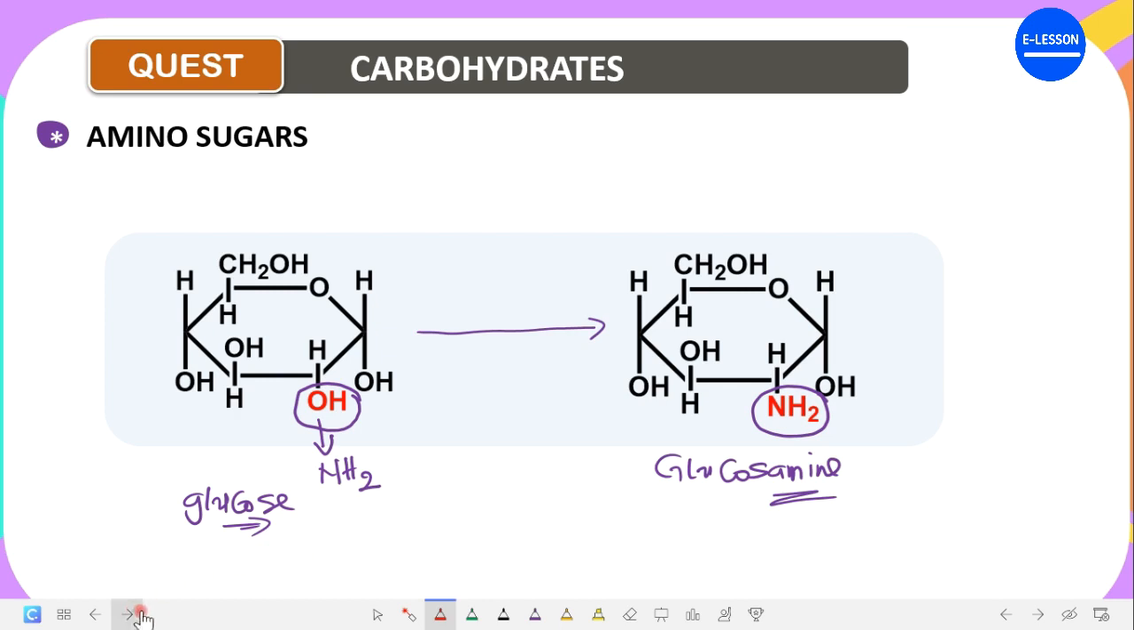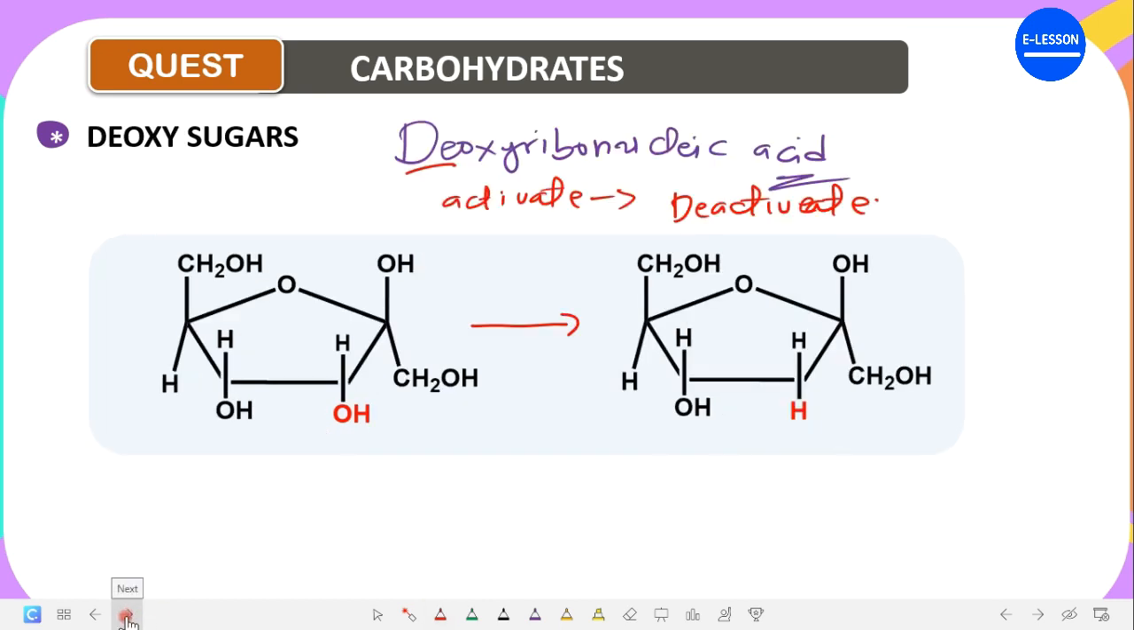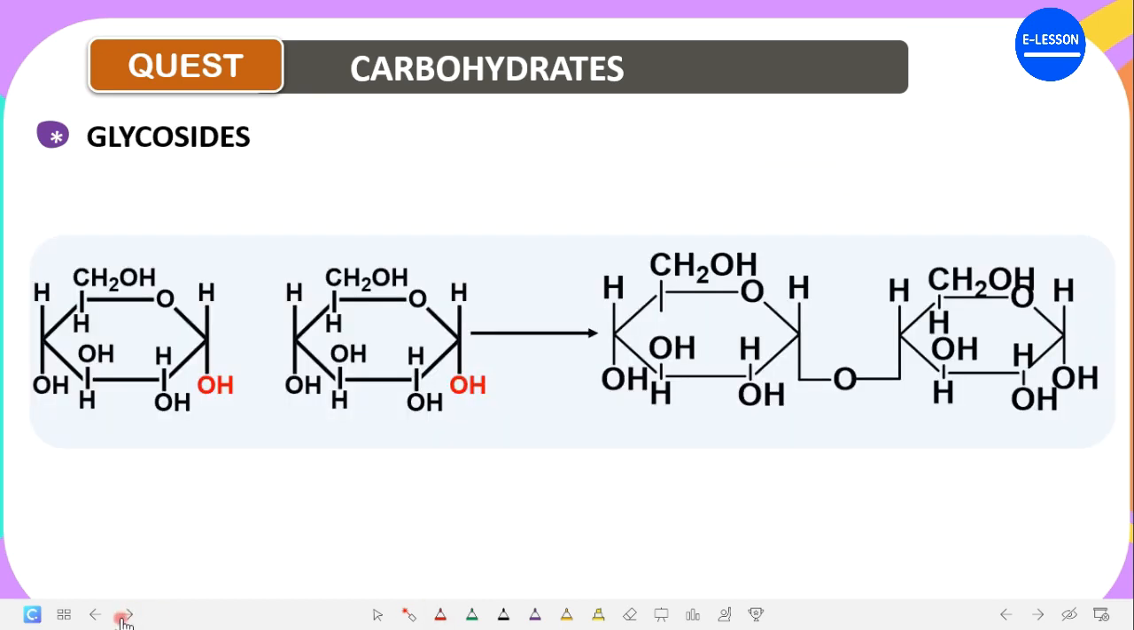So let's move ahead to the next thing. The next thing we are going to look at is glycosides. They are medically important. But how is the glycosidic bond formed? Now, the glycosidic bond is formed whenever the alcohol group of one carbon of one monosaccharide